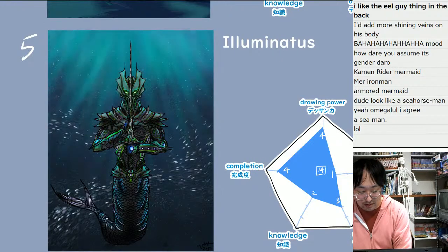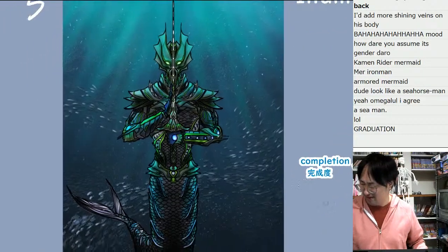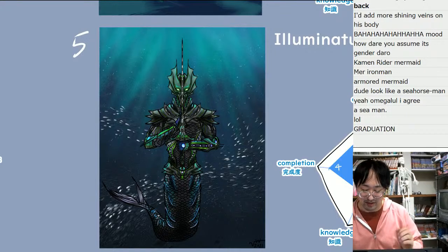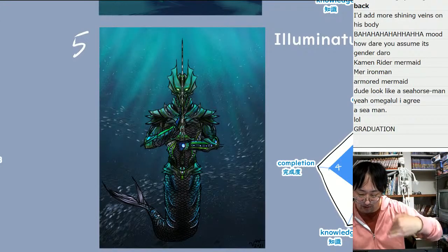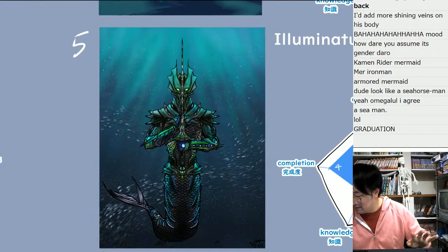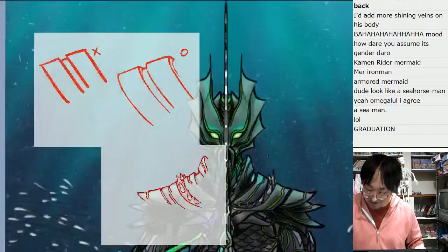What I did here was I thought the white fishes in the background were too white. They were too white, which stands out too much, unnaturally. So I blended in the fishes, and that's mostly what I did. So this is not much of an advice, but what I wanted to say more was